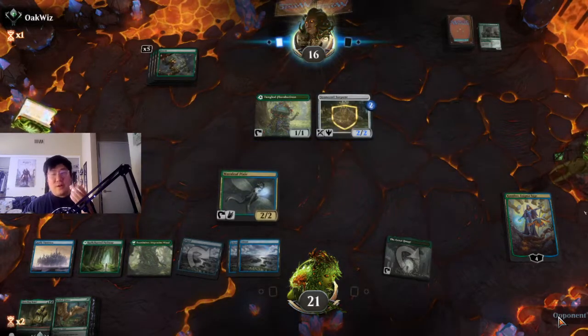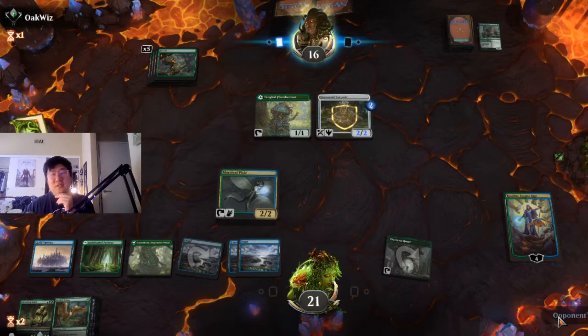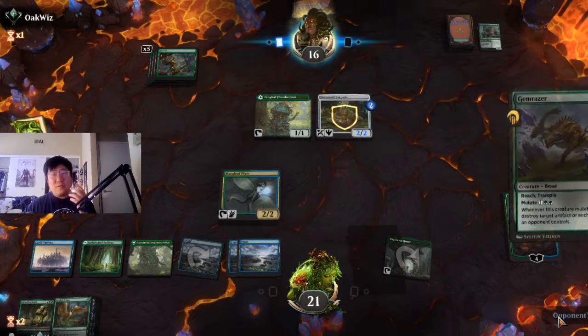I can actually still scry with the Castle Vantress. I totally forgot about that. So that actually worked out pretty great for us. So we should be okay, as long as we hold on...